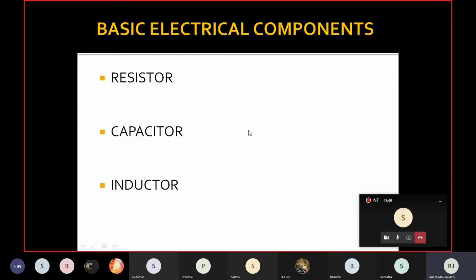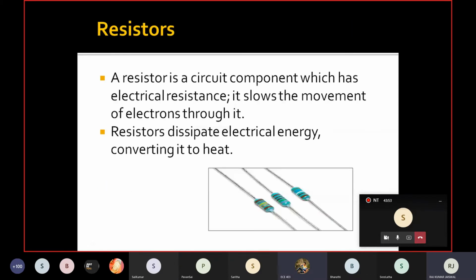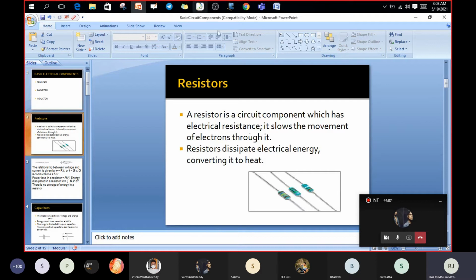The flow of current. A device that opposes the flow of current. It obstructs the flow of current. It reduces the charge flow of current. It's opposite of electrons. Yes, very good. Okay, very good. I'm so happy that at least some of the students have replied.